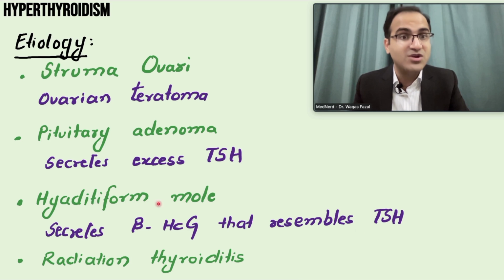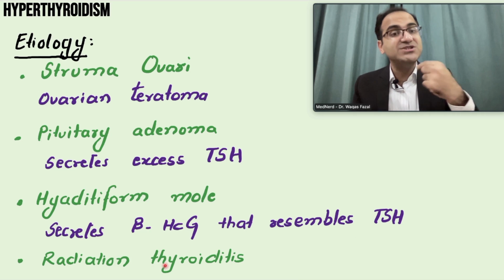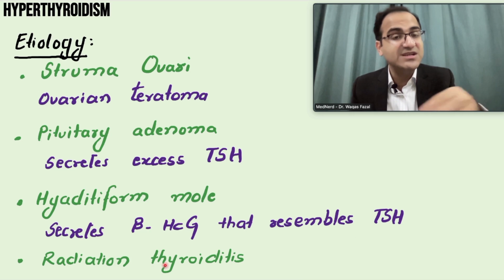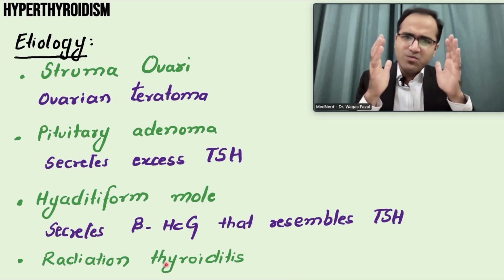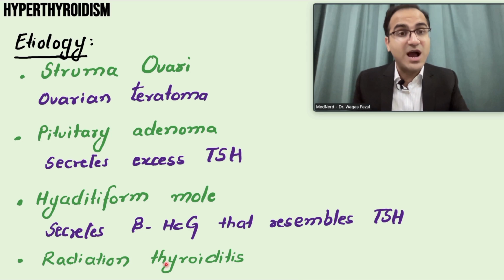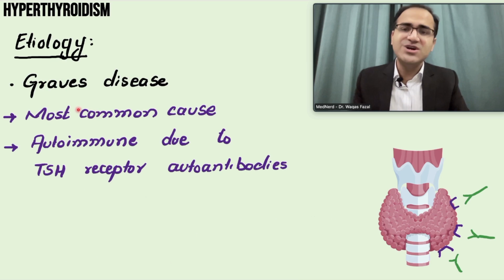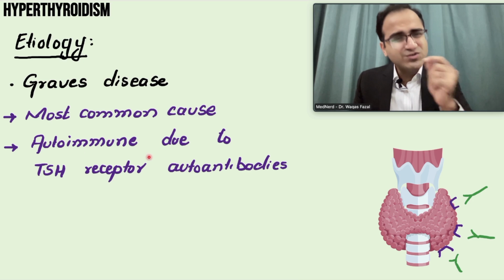So hydatidiform mole is a cause of hyperthyroidism. Radiation can damage the thyroid gland and release the preformed thyroid hormones. So these are some causes, but now we will go into the most important cause of hyperthyroidism, and that is Graves' disease. Graves' disease is the most common cause of hyperthyroidism, and it is an autoimmune condition,